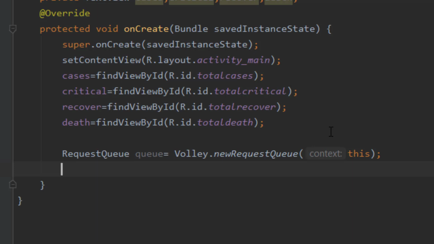And next we have to declare a variable in a string such as URL equal to, let's initialize this.